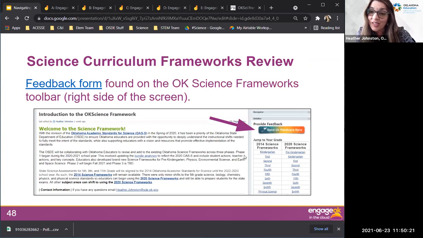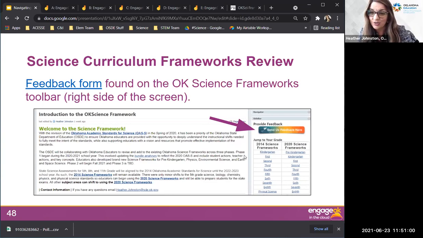So one thing you may have noticed as well in the frameworks on the right hand side, you're going to see this icon that says send us feedback here. Say you are working through the frameworks and you notice a link doesn't work, so it's a broken link, or a link takes you to a page that it shouldn't have. For instance, 8th grade in biology. So working within this website, the 8 and the B look really similar. And I had linked 8th grade to biology standards and biology to 8th grade standards. So I do hope I have fixed all of those things.